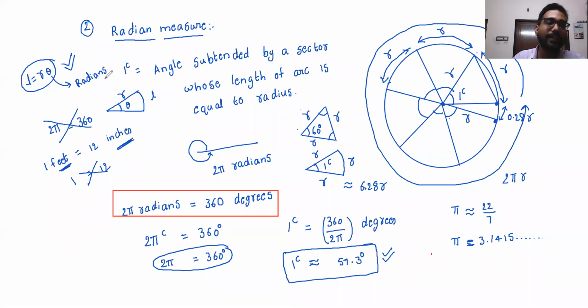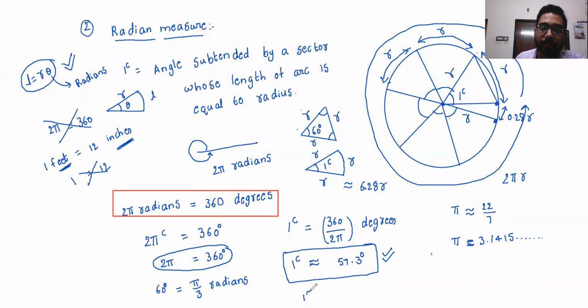If they say it is 60 degrees, you should convert 60 degrees into radians. You know 360 degrees is 2 pi radians. So 60 degrees is going to be 2 pi by 6 because it is 1/6 of this. So 60 degrees is 2 pi by 6 radians, that is pi by 3 radians. Ideally speaking, we should write pi by 3 C or pi by 3 radians. But usually we write 60 degrees is equal to pi by 3 because even if nothing is there, it implies radians.